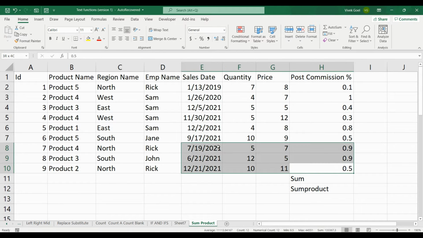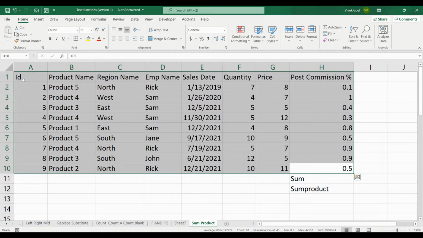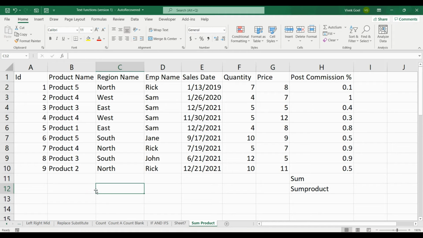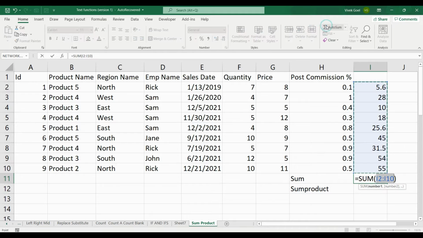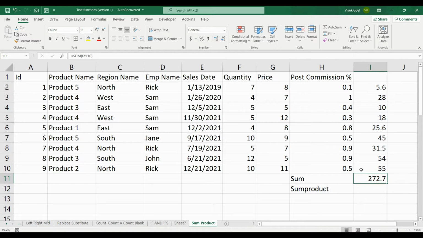Here we are selling our products on a third party e-commerce platform and they are charging some commission for their services. I have created this random data using the 5 functions I absolutely love: SEQUENCE, CHOOSE, RANDBETWEEN, DATE and RANDARRAY. So to calculate the total sum, we can create a new column by multiplying quantity, price and commission, and then finally by adding it using AutoSum or the normal SUM function to get our total sum.